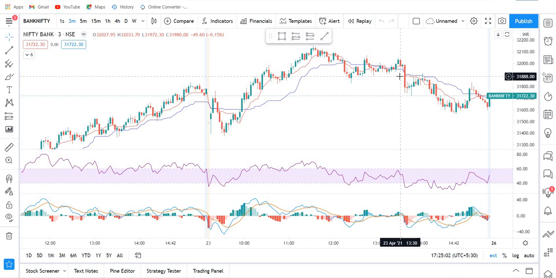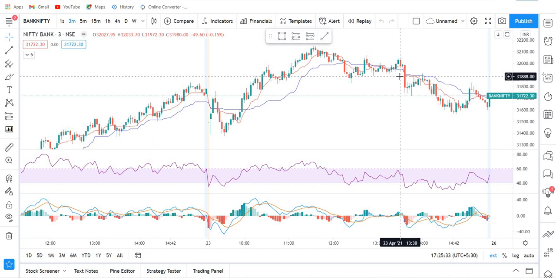Buy rules: if the market moves and Tenkan rises above the Kijun from below, and RSI at that time crosses above 60 and MACD happens to be above the zero line, that's a buy signal. And when Tenkan crosses Kijun from above and goes below, and RSI at that time crosses below 40 and MACD happens to be below the zero level, then that's a sell signal. I have given 2 examples and you have seen how good it works.